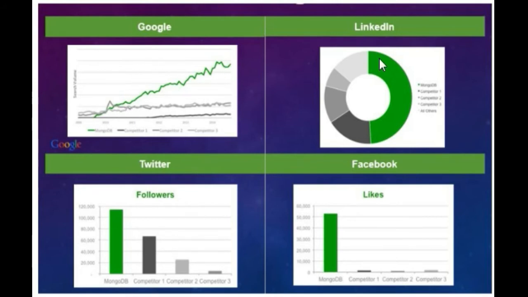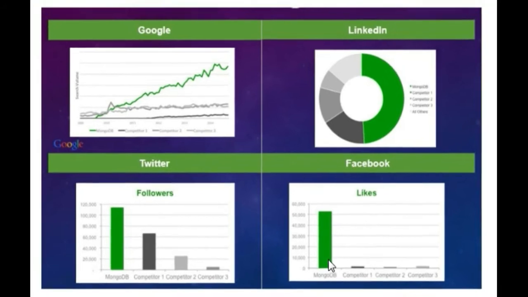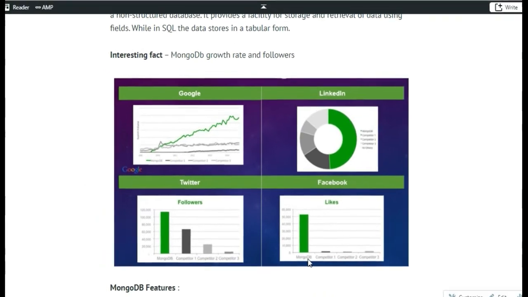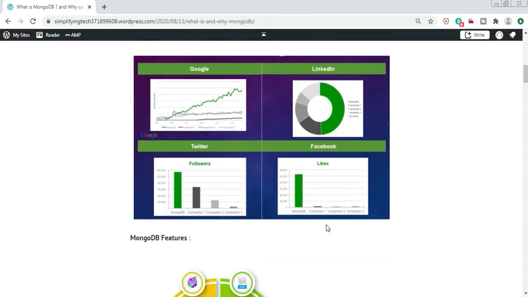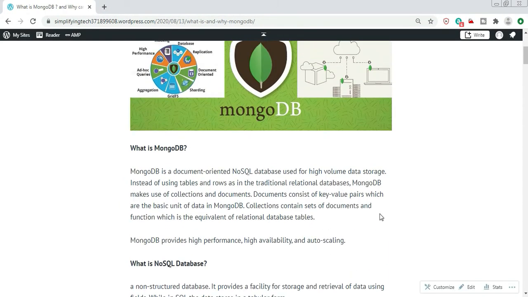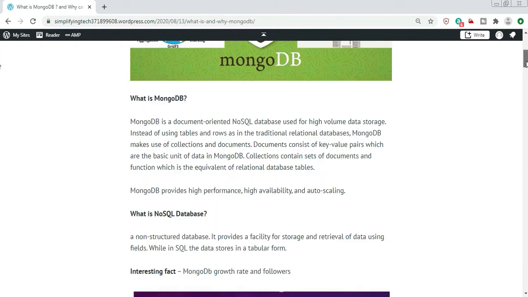For LinkedIn, the most popular database is MongoDB. In Twitter, the most followers for a database are for MongoDB, and for Facebook, the most likes for a database are for MongoDB.